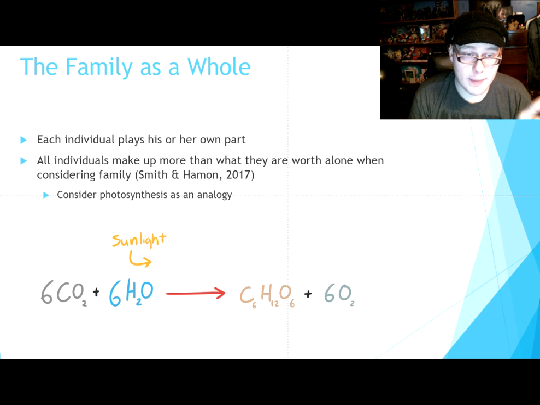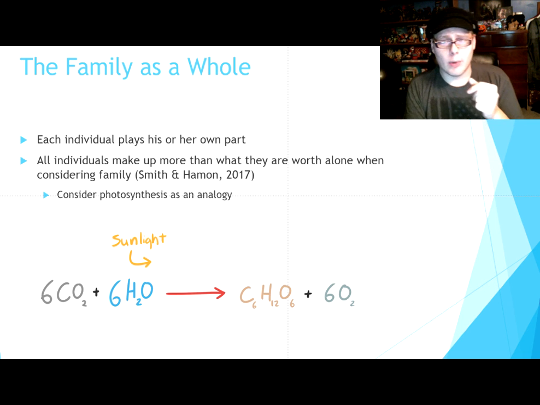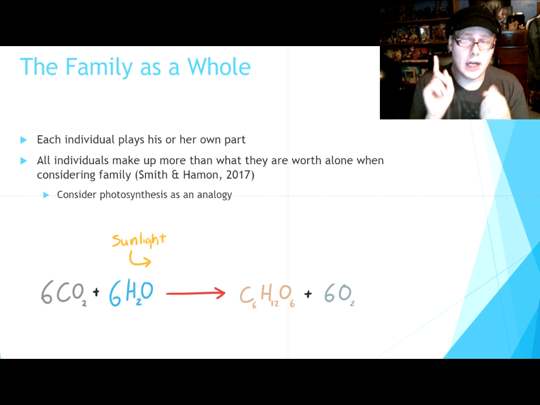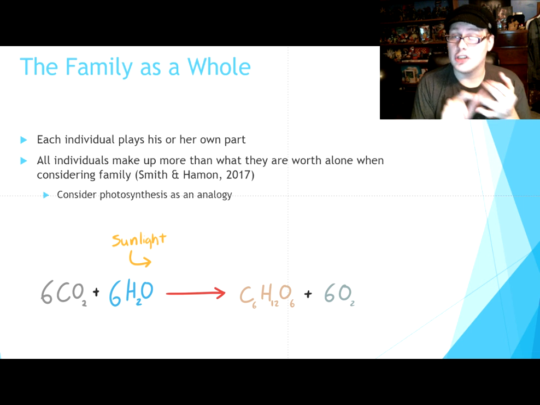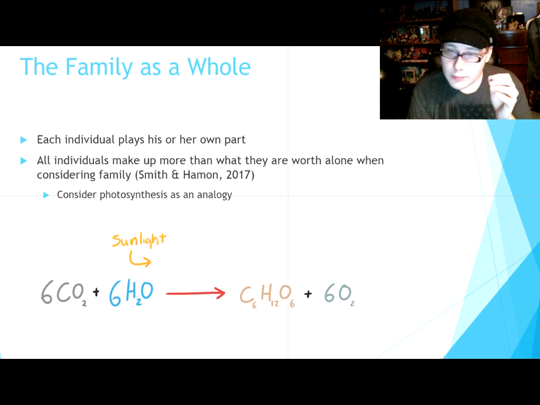And what I have drawn up here is a little photosynthesis analogy, just the simple formula for it. You have the carbon dioxide, the water, and sunlight all working together to help the plant to create glucose and oxygen. So that just basically means you have carbon dioxide, that's an element. You have water, you have sunlight.